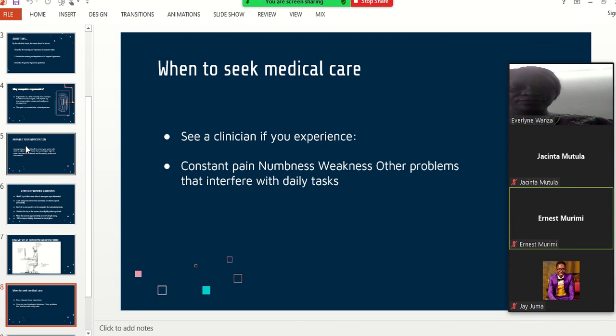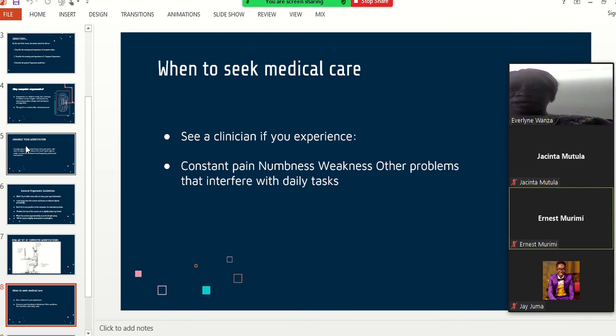Sometimes we ask ourselves, when should we seek medical care? When to see a clinician or when to go to the hospital: you should see a clinician if you experience, one, constant pain, numbness, weakness, and other problems that interfere with daily tasks. For instance, programmers normally sit for long hours. So if you start experiencing some pain, some numbness, or some weakness, or other problems like back pain, maybe your eyes start itching, it is important to seek